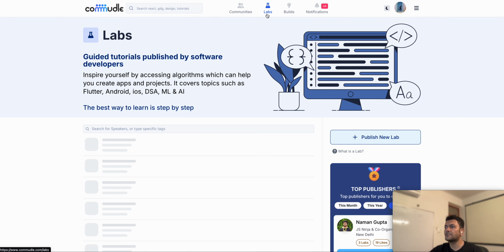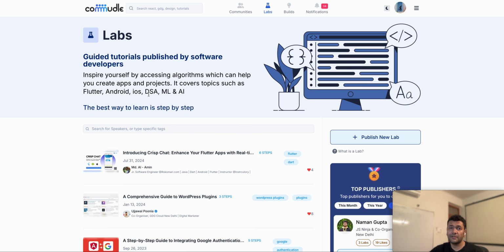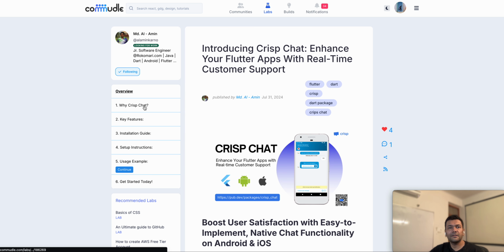So there are labs. A lot of times around your product, you need to publish some tutorials. Now those tutorials can be in the form of a video, or in the form of text. You might be going to different blogging platforms, but again, your member is going outside to a different platform. And later on after an event, they might be asking for resources. But with Commudle, not only can the speaker upload their slides with the event, but they can create stepwise tutorials